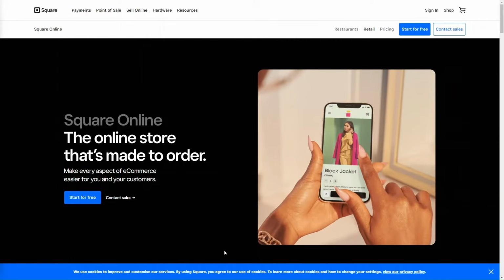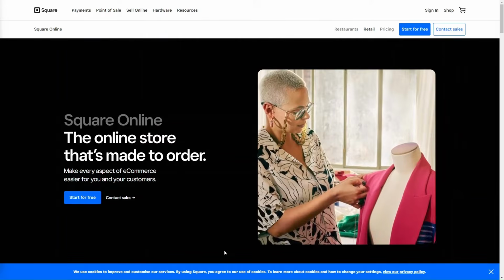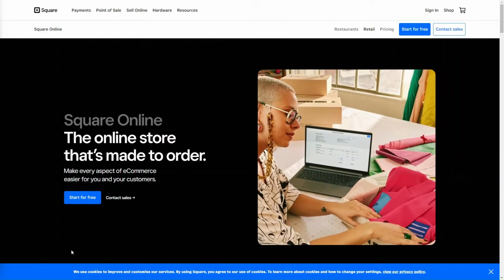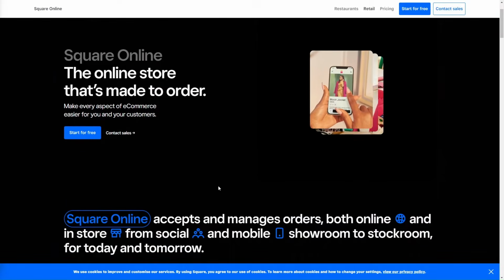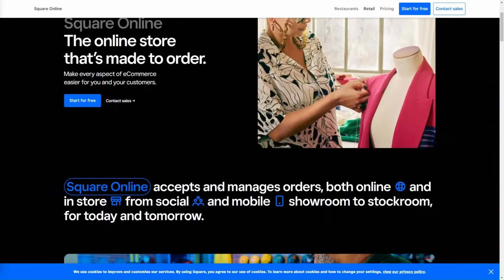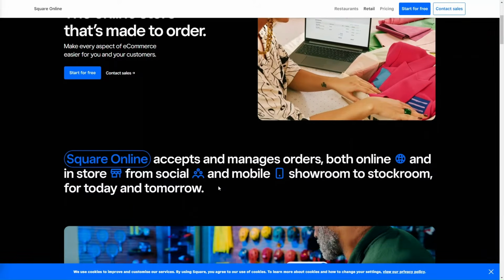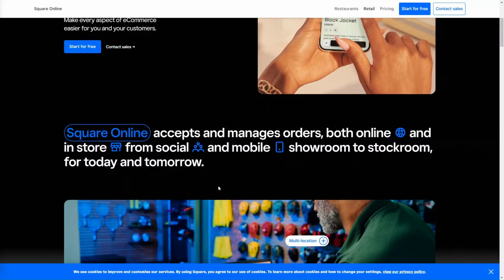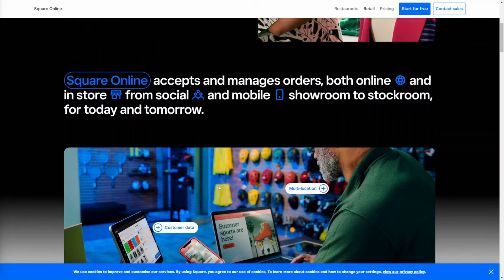It provides really a varied amount of features and tools to help entrepreneurs establish a professional and functional online presence. Key features of Square Online include a website builder. So it has this intuitive website builder with drag-and-drop functionality, allowing users to design and customize their online stores. And users can manage their product inventory, pricing and variations directly through Square Online, as it has that online store